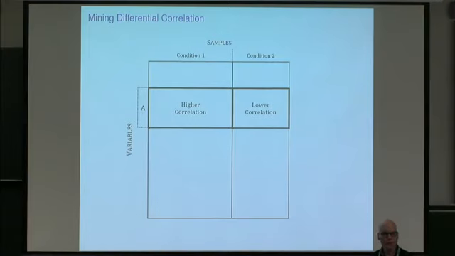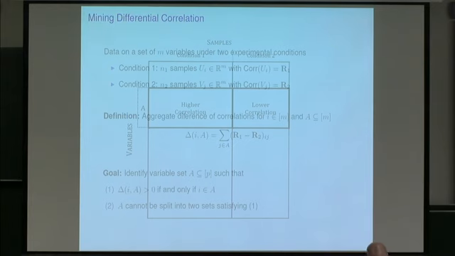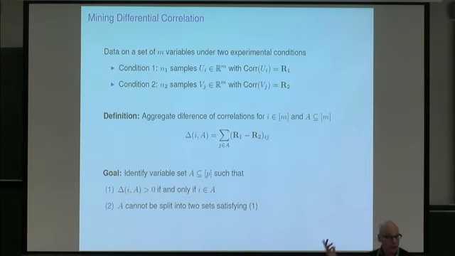And the R1 and R2, are they given to you, or do you estimate that from your data? Ultimately we're going to estimate them, and we make no assumptions about them, which is going to be important. We don't want to assume that they're sparse. We don't want to assume that they're banded. So we're asking perhaps a less sophisticated question, and as a result we can make less sophisticated assumptions. Or I'd like to say, maybe more realistic assumptions, right? But in the end, I'm not going to show you a fancy theorem with rates of convergence or anything like that. So it's a trade-off.